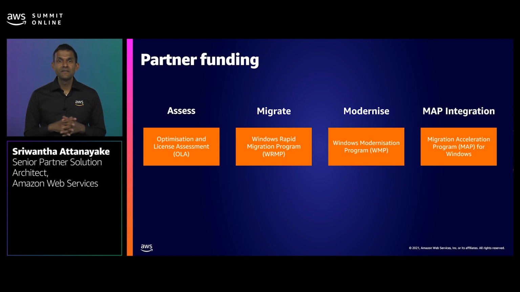To help our customers migrate and modernize their Microsoft applications on AWS, we have multiple partner-led funding programs. These funds will assist you to assess your Microsoft application portfolio, create proofs of concept and migrate. We also have funding programs to refactor your application and rewrite it to suit modern cloud-native architecture. Please reach out to your AWS account managers or partners to discuss how to access these funds.